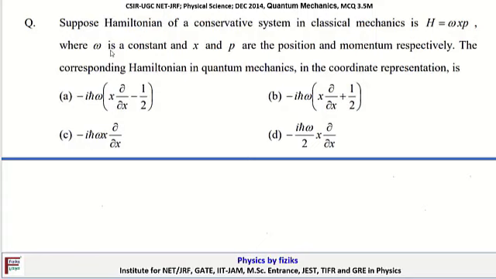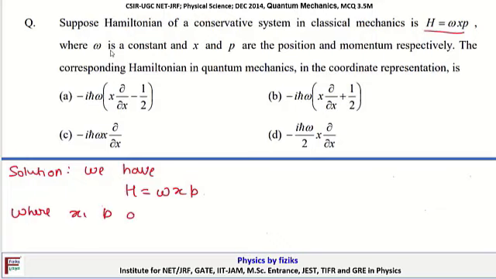So we have to write down the corresponding operator in quantum mechanics. Solution. We have H equals omega xp, where x, p are classical dynamical variables,